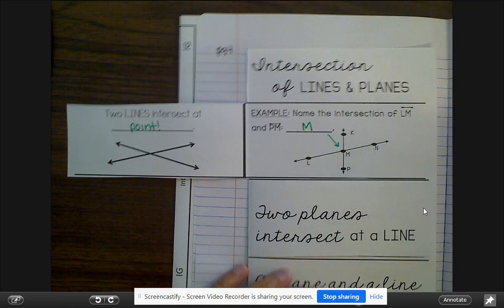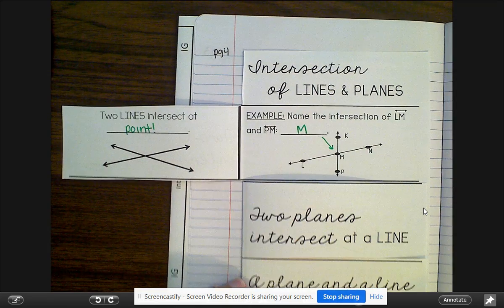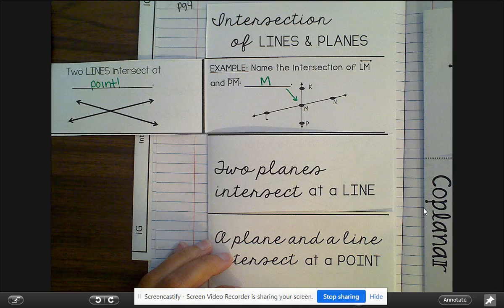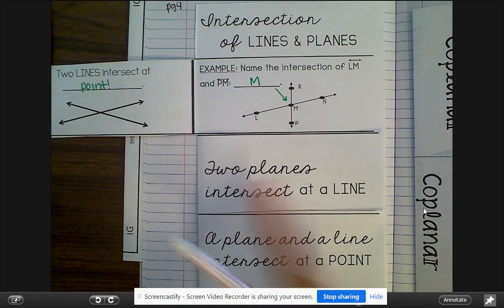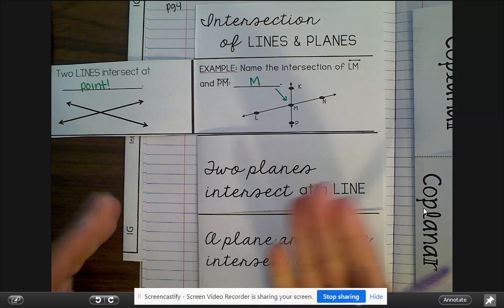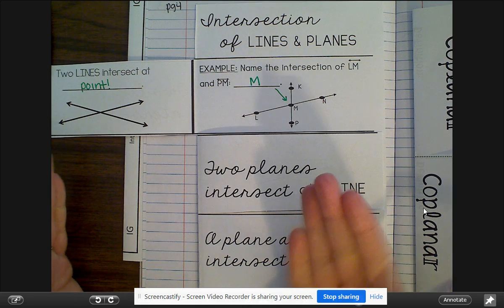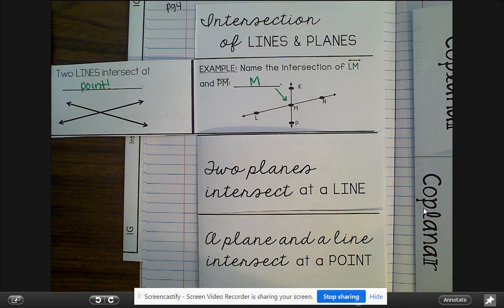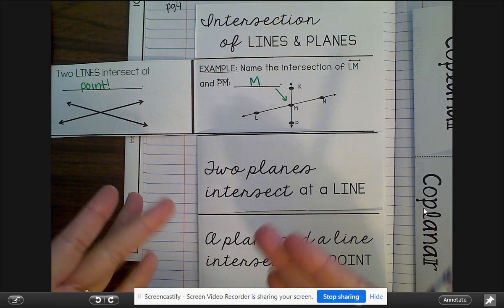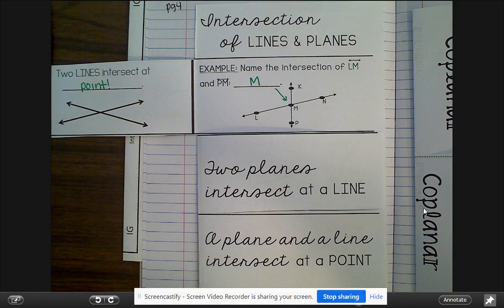Next, if I have 2 planes, so imagine 2 pieces of paper, and if they start crossing each other, or another type of plane is maybe a wall. If I have 2 walls